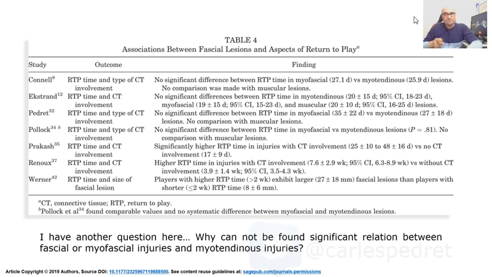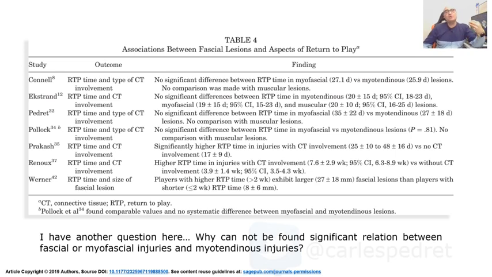So I think the point here is in the Prakash study that says that every single injury in the soleus muscle that compromises connective tissue, it doesn't matter, central tendon, lateral aponeurosis, medial aponeurosis, anterior aponeurosis, or posterior aponeurosis, has a worse prognosis than those injuries that do not affect this central tendon or this internal connective tissue inside the soleus muscle. So I don't know exactly how the other injuries are conducted, but I think that the most important thing is